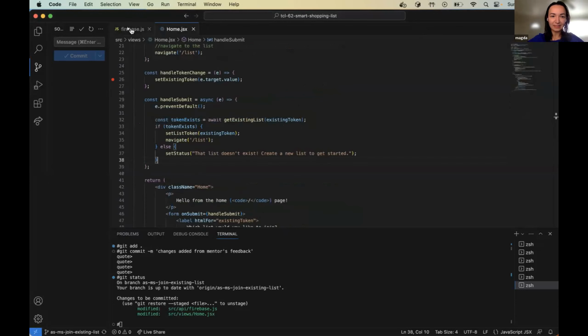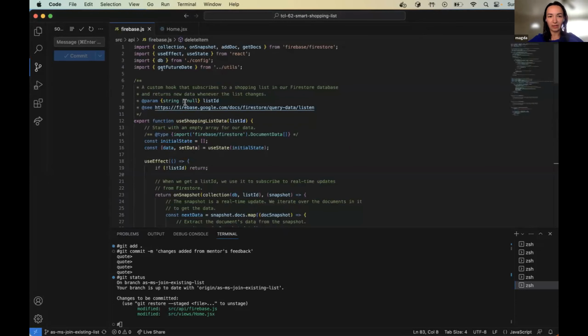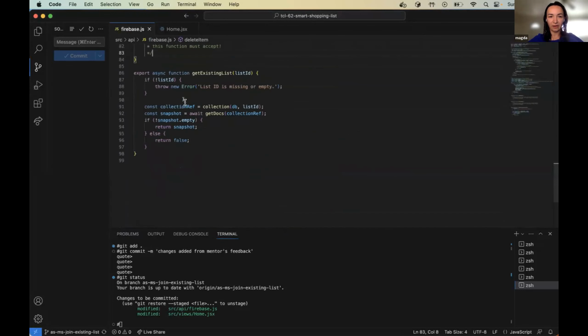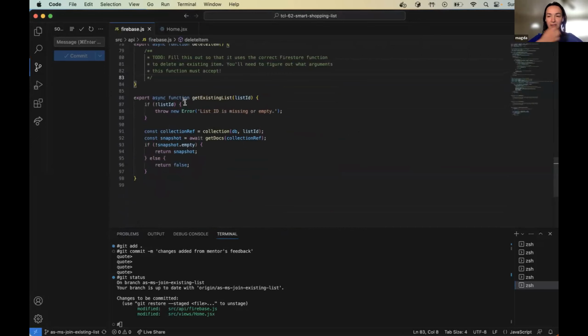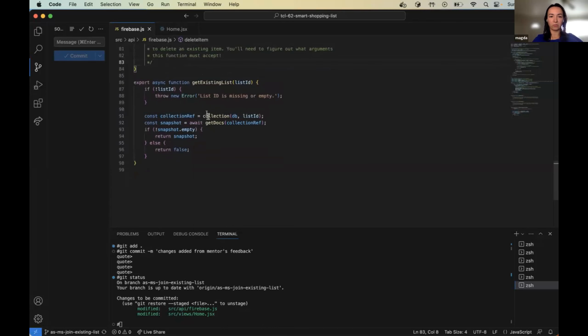Okay. So the first thing we had to do was update the Firebase, and in Firebase we created the function get existing list. And what does the function do? The function first takes the argument list ID, and first we check if we really have the list ID. If we don't have the list ID, we throw an error that the list ID is missing or empty. And otherwise, we just